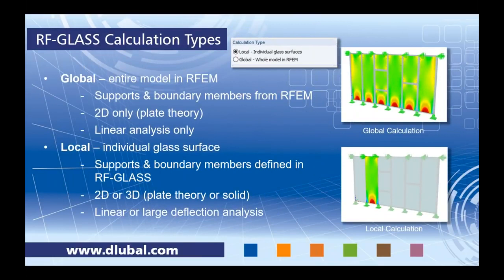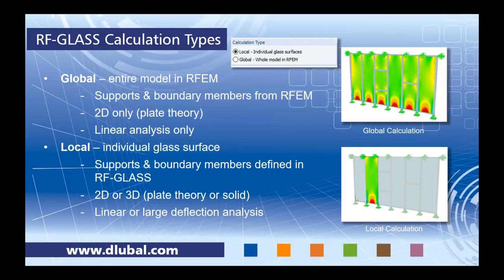When we launch RF-GLASS, there are two different calculation types that we need to choose from, either local or global. So our first example today will utilize a global calculation. Now this considers the entire model within RFEM. So things like supports, nodal supports for today, boundary members, those are all taken from what we've modeled in the